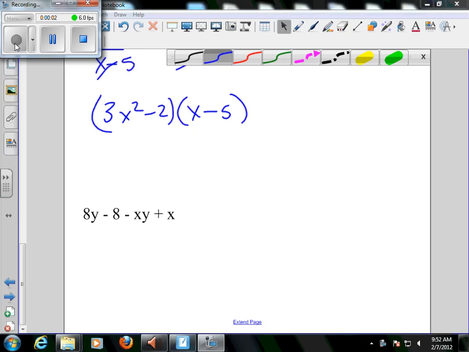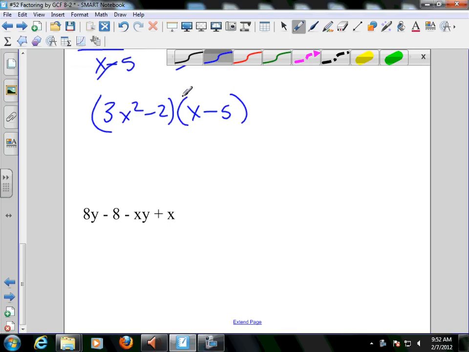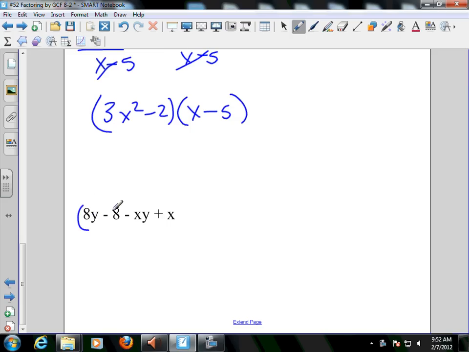I just want to finish our last problem on factoring with GCFs. This is actually a method called factoring by grouping, and we had started it in the last video, but let's just finish it. We go to group our first two terms and last two terms together, and remember how I said always put a plus between them? Well, we've got a minus there, but we're going to remedy that by saying 8y minus 8